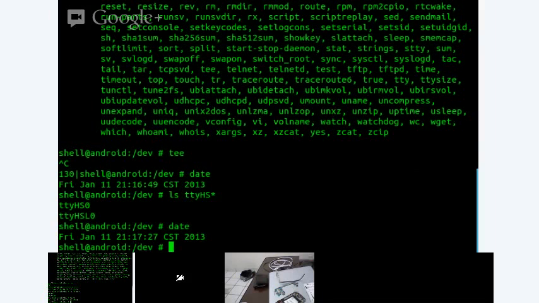So what we'll do is while 0, so basically forever, do date, and then we want to sudo tee, putting the date command output into /dev/ttyHSL0, so it basically tees it off to ttyHSL0. And now we want to sleep